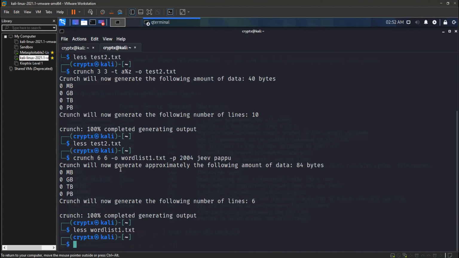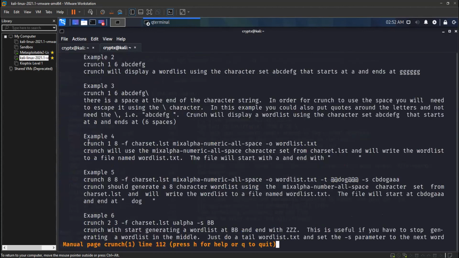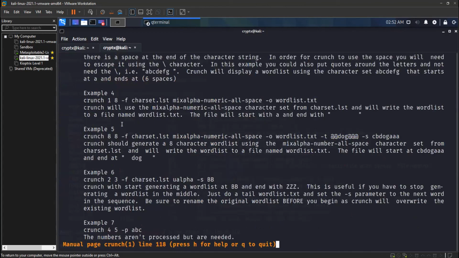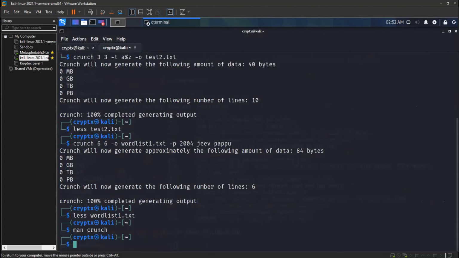So I'll only show you this much, but you can go ahead and look at man crunch, and it will give you more options and things which you can use. For example, if you go through these examples, you will understand more about how to do this. And one thing I would say, for example, I'll just show you crunch. If we do eight letters, it will be a very big file, right?